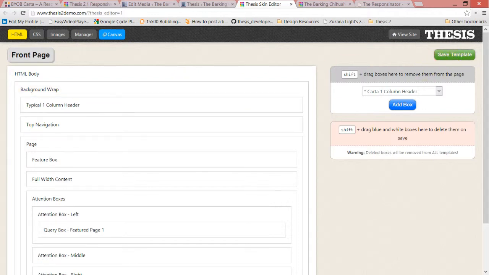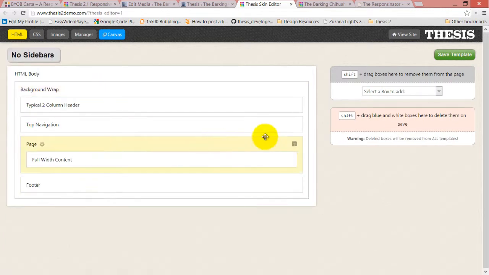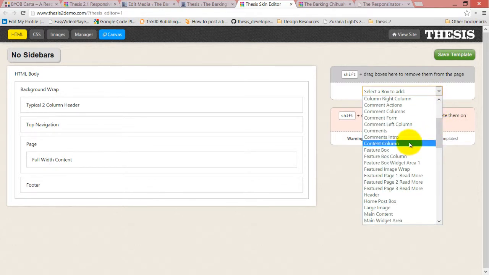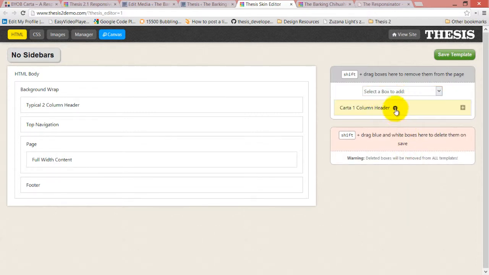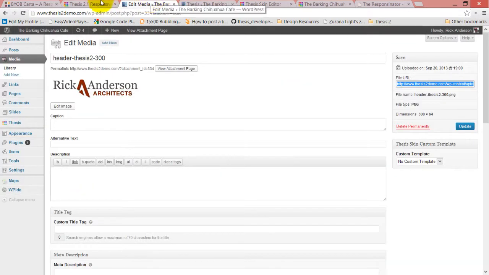And there's always the possibility, of course, that you wanted a whole different one column header in a different template. So let's go to the no sidebars template for a moment. Let's just pretend this is some kind of a special template. But in this template, what we want is another one column header. And this one column header we're going to call landing page. One column header, and in this case, let's go find another